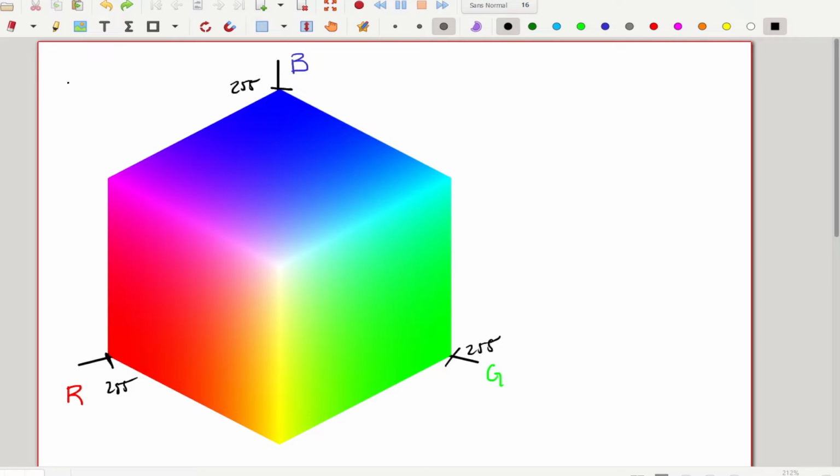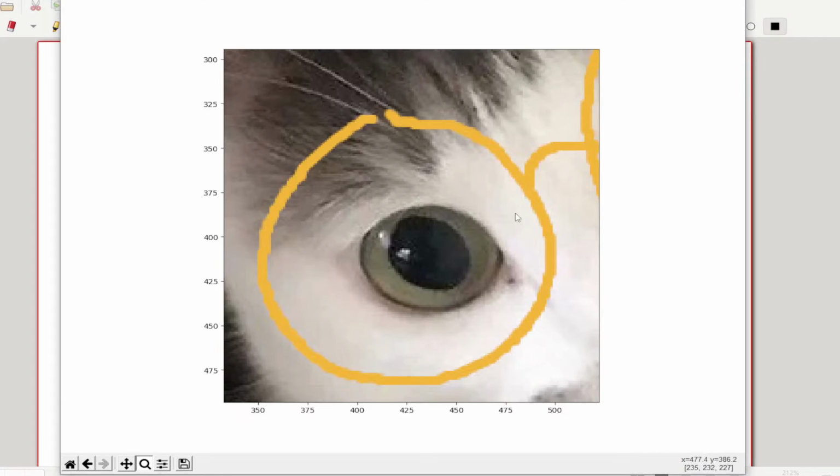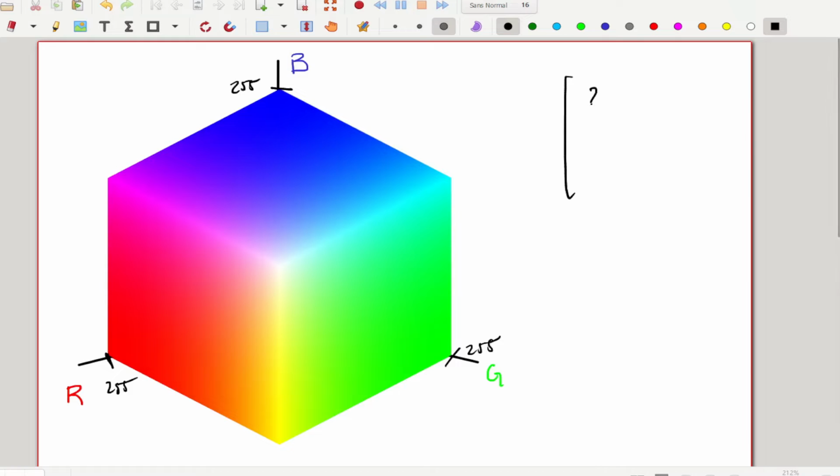So how can we depict one of our points here? We look at the color of the cat's glasses: 240, 183, 70. So let's write that down: 240, 183, 70. And if we try to depict this in our color space,